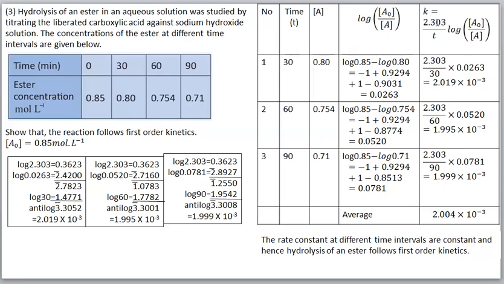Then the whole formula we can substitute the values. K is equal to 2.303 by T, where T is time, 30. Here 30 we can write. Then log A0 by A: this value we calculated and simplified here, and we can substitute this value, 0.20263. Then this number we can simplify by taking logarithm. First 2.303, log 2.303, this number. And then for this number we can take logarithm.